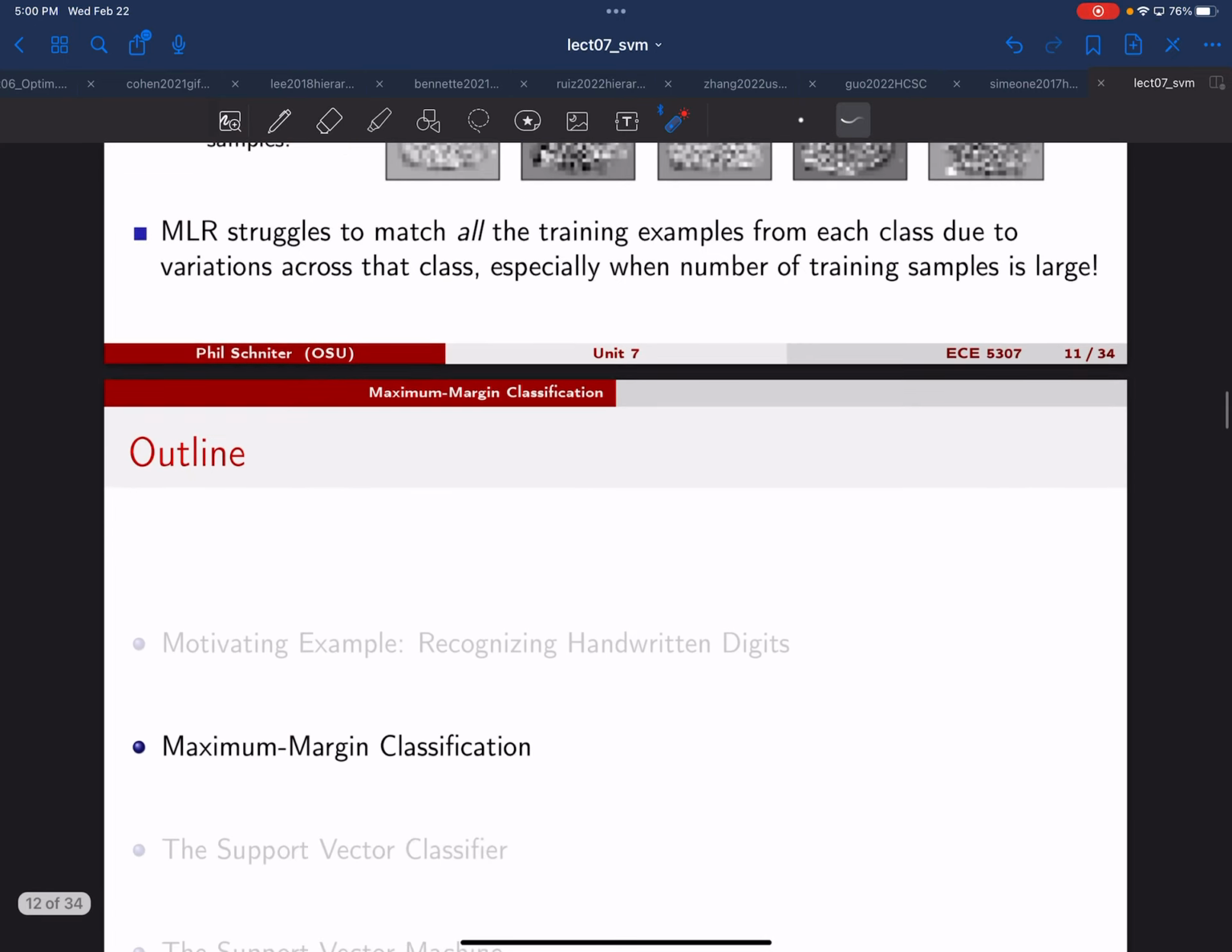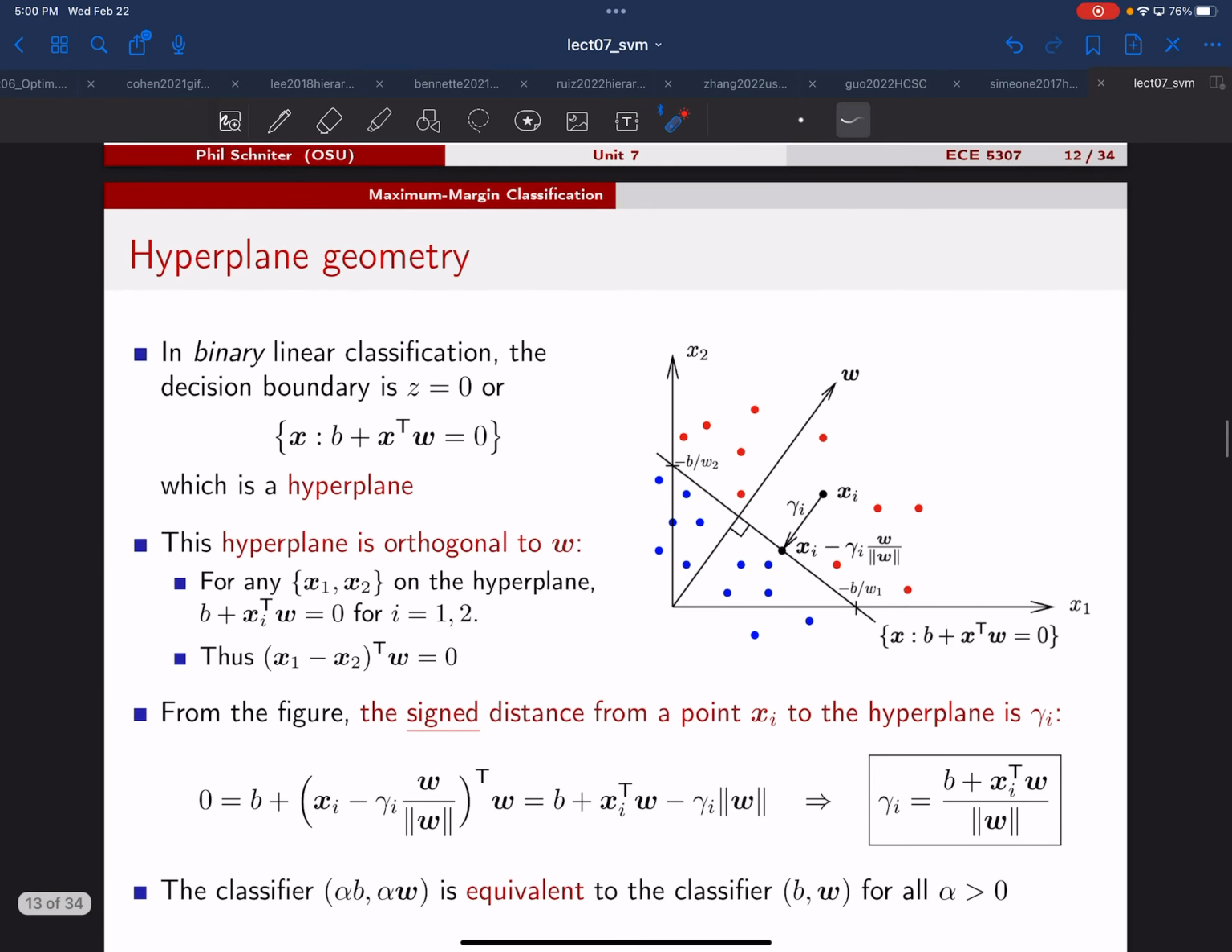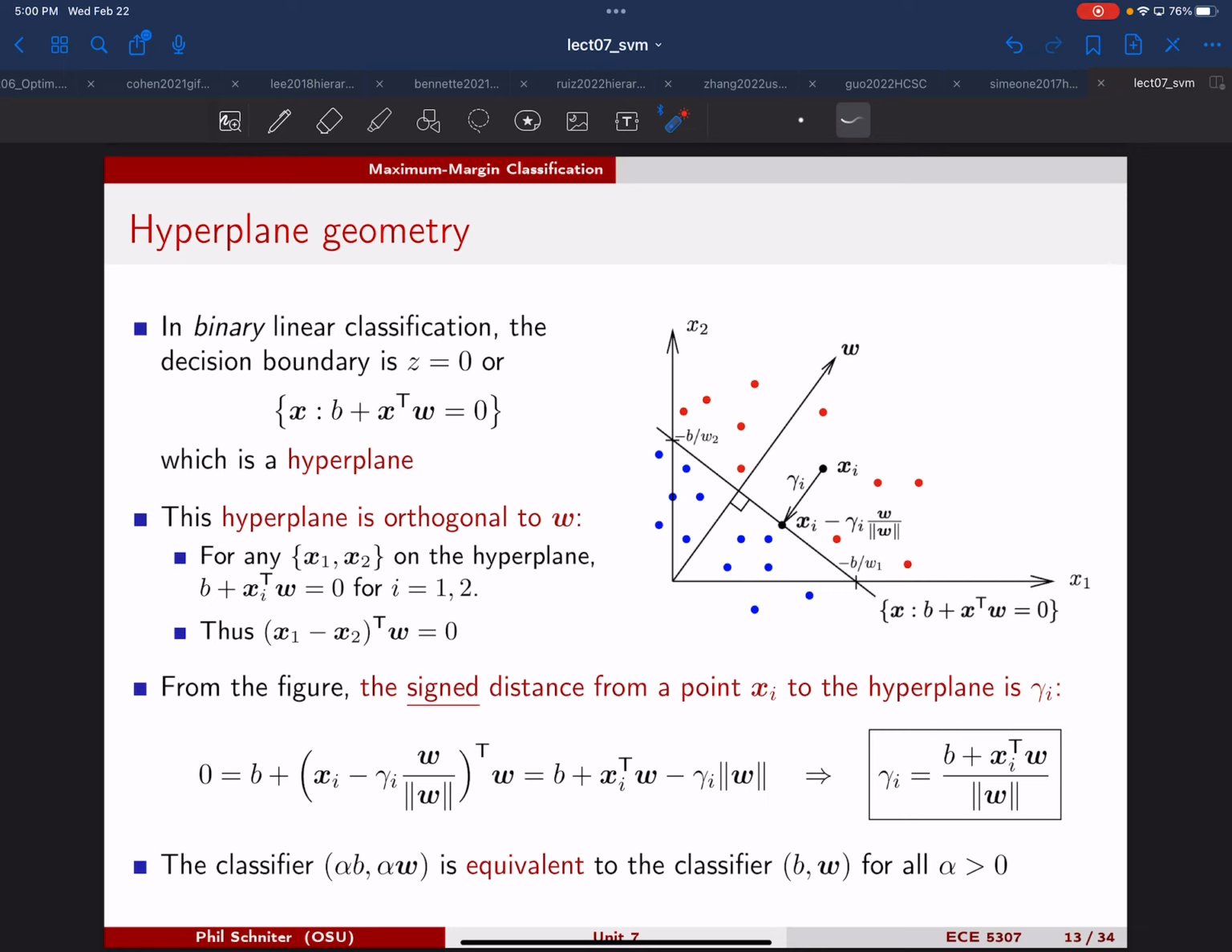All right. So to figure out this new idea, which has to do with focusing on the training samples that are the most challenging and using only them, we have to come back to the very beginning, and we want to understand the geometry of our decision boundary and what's happening when we create that boundary in our data space. So here's a